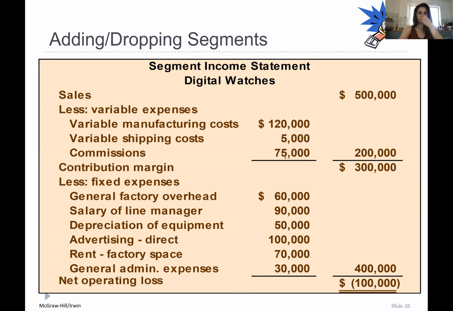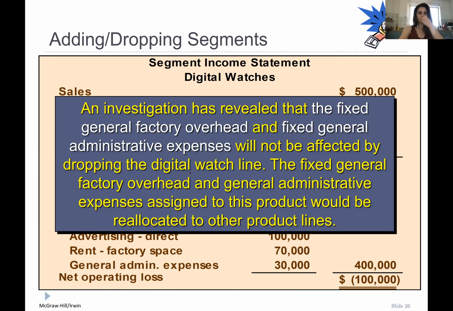If you see from this investigation that we just talked about, the general factory administration overhead will remain the same. Admin expenses, which means salary of the line manager, remain the same. Fixed general expenses and fixed administrative expenses will remain the same, will be reallocated. Here we go.